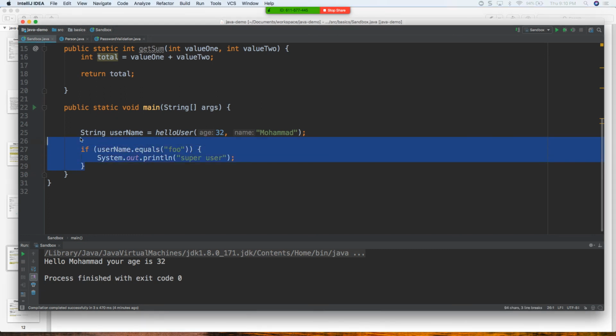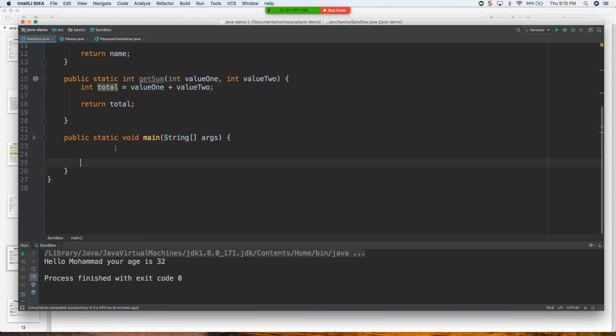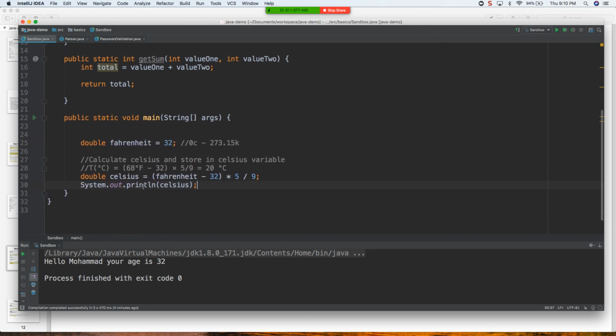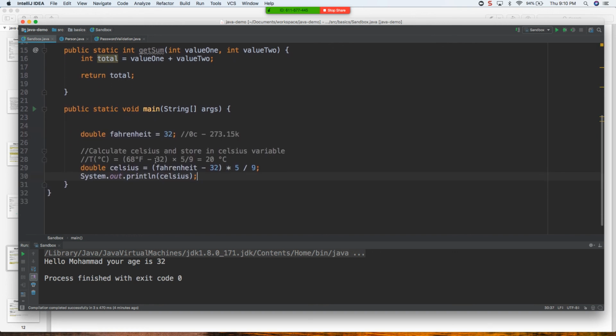So let's cancel this out. You guys remember this, right? We took a Fahrenheit, and then based on the Fahrenheit, we did some computation. What if we had a method called getFahrenheit, and you pass the value of whatever Fahrenheit you want to see, and it gives you the value back from that method? You can do something else with it, right? So if we were to do this,